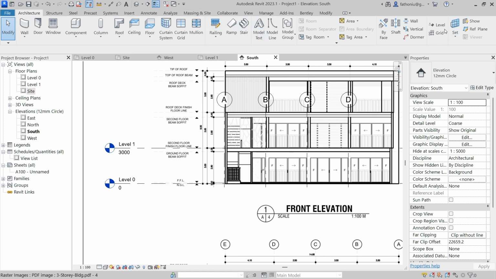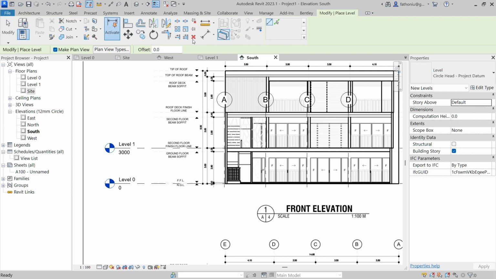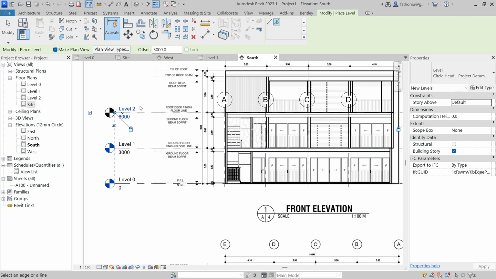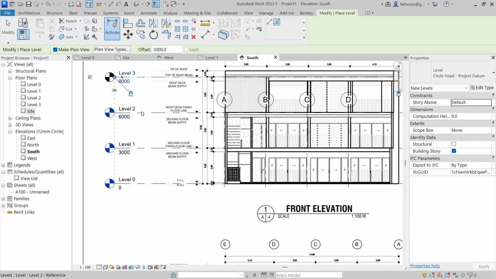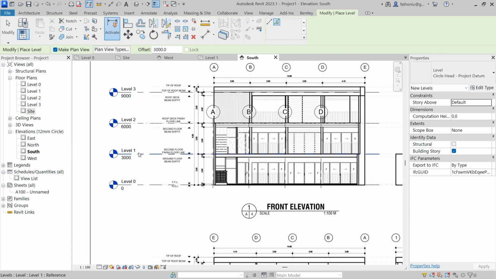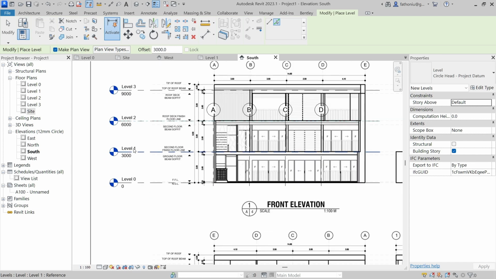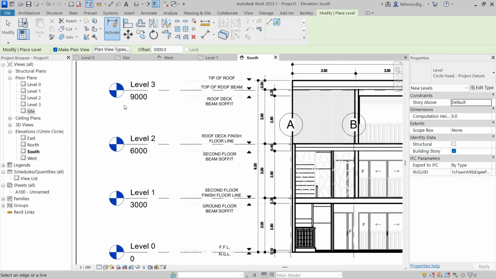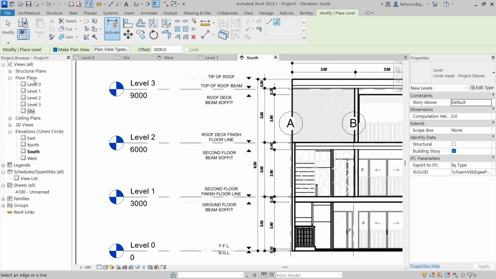We go to level, offset 3000, and then pick line. There you can see there, clear 3 meter, and then another one 3 meter there. Okay, so then also you can change the level name. The blue color here informs you that the floor plans are also created. Okay,